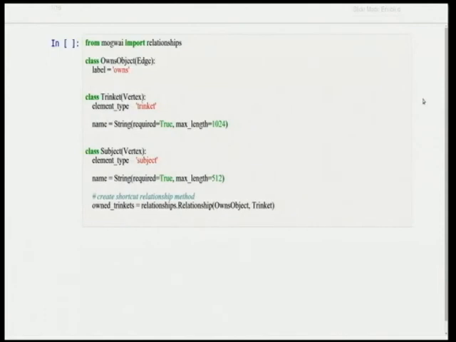So relationships, the concept of relationship is to shortcut these direct methods that you care about. Basically, if I want to know a subject being a person, or an entity like a company, might own a few trinkets, right? And so I want to basically find out who owns those trinkets, but I don't want to type out the Groovy code for that. I really don't care. I don't want to type out, okay, out E or out V using trinket. I just want to make this really, really simple, developer-friendly, own trinkets. So this is what this does. It's basically a shortcut to out V with owned objects of type trinket. So if you use this function, as it is,